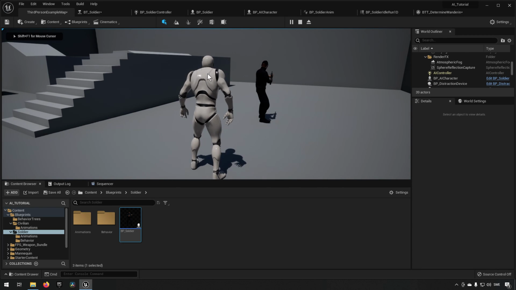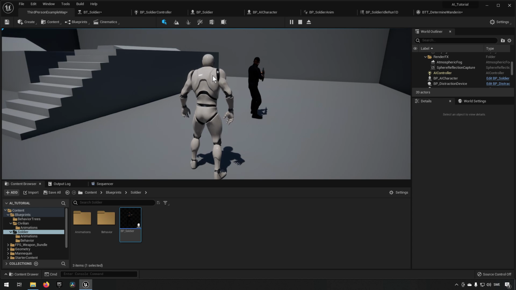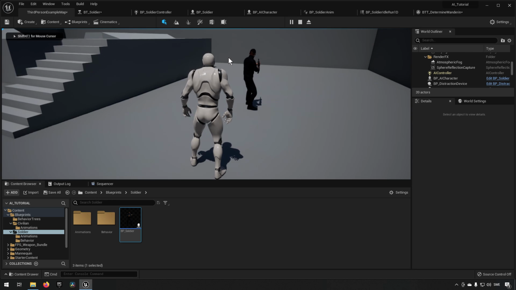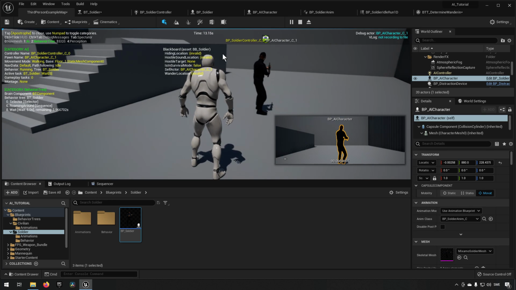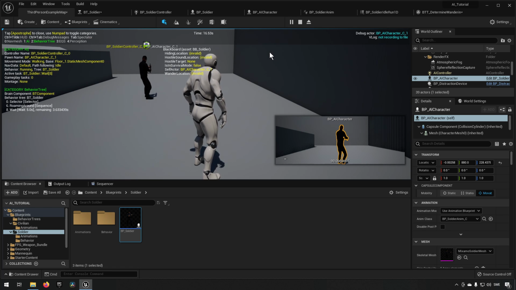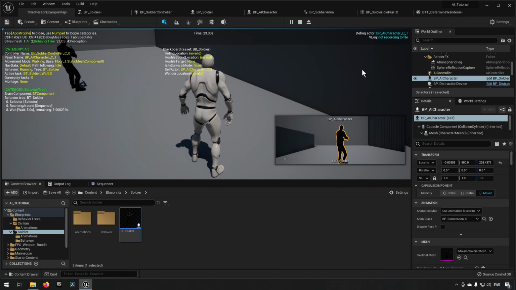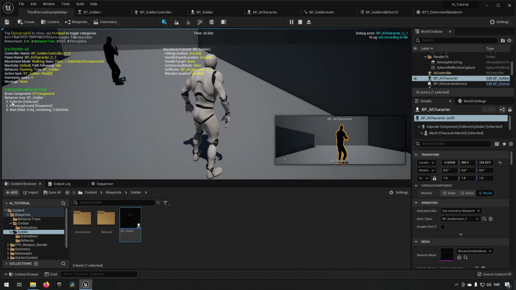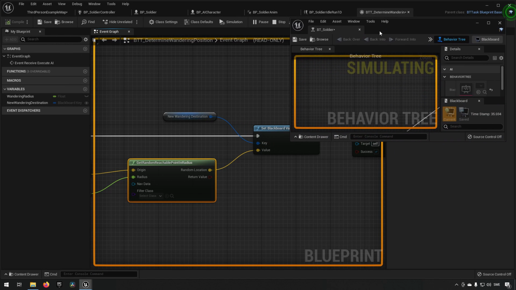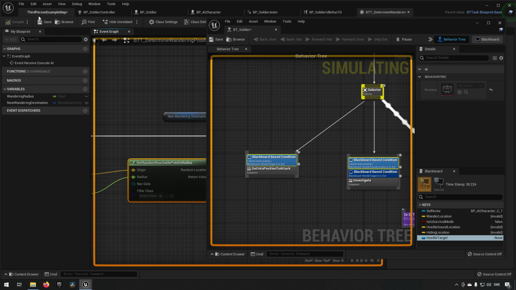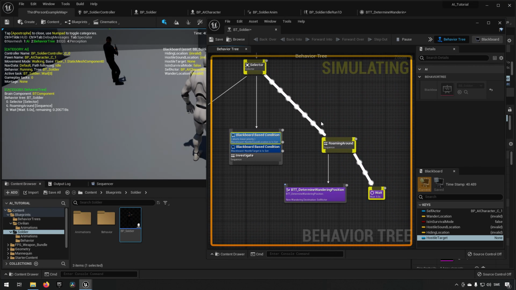So here we have the character, seems to be standing still. Doesn't seem to be doing much of anything, so let's see if we can make it out. Press apostrophe, you can get the debugging tools, and we can see that it's running its wait. You can see down here on the left, over here is the debugging. You can see all the different branches that it's taking. It's taking the 0, 6, and 8 branch. So if we open up the behavior tree over here, like so, give it a little bit of space, then you can see that this is what's happening. So it's running in here, it's determining a position, and then it's walking there, so to speak,